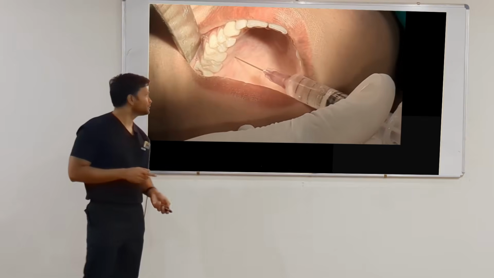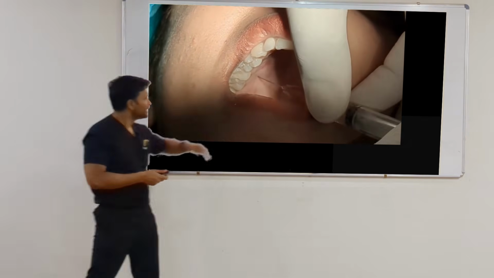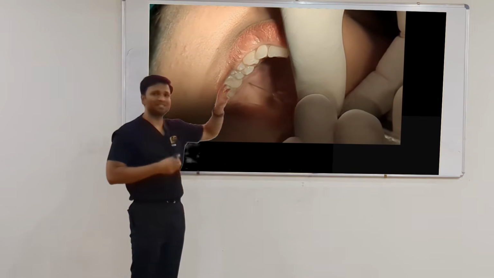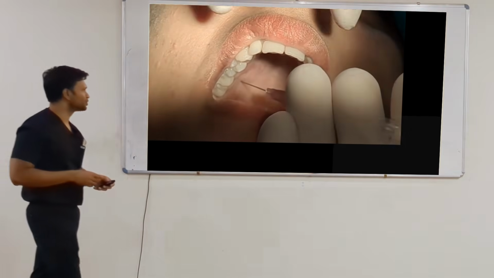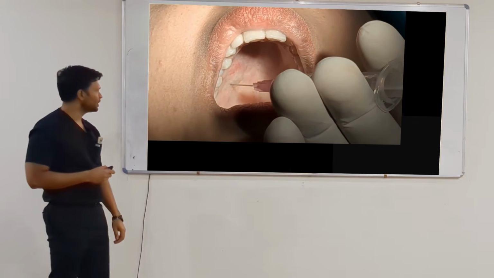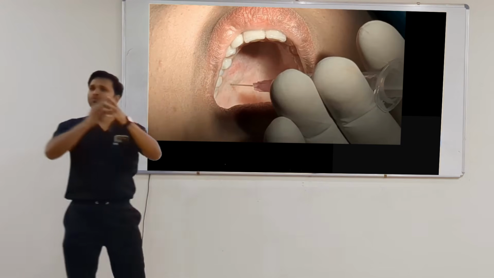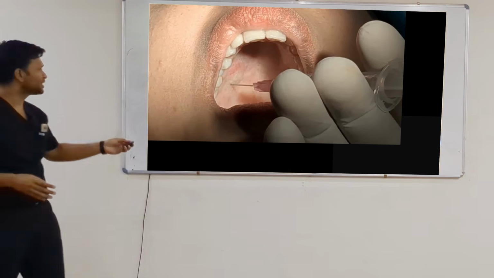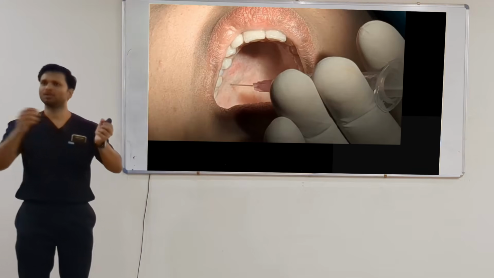And you can see when I insert the needle and when I deposit the LA, keep an eye on this region. This is going to turn slightly whitish because of the pressure from the LA solution. अभी तो मैंने biplanar aspiration किया था. So it is going to stop. So compare this and this. This is comparatively whiter, paler. So this is ischemia that you need to see. Okay, once you start seeing this, stop and withdraw the needle.